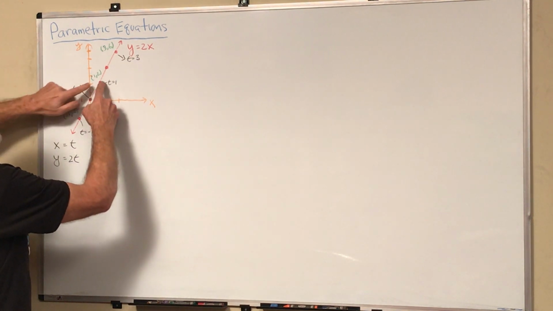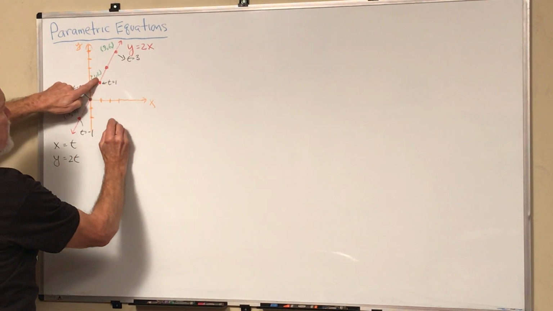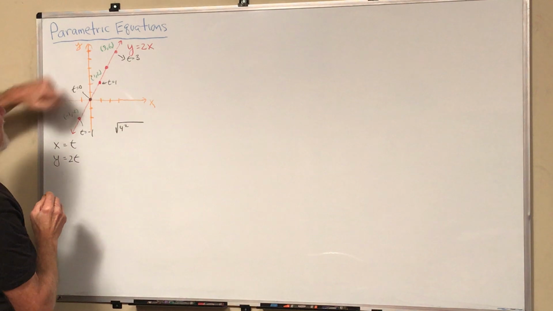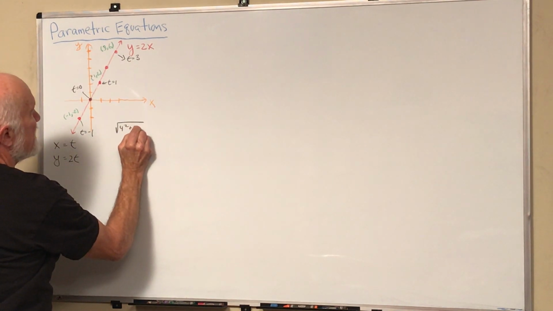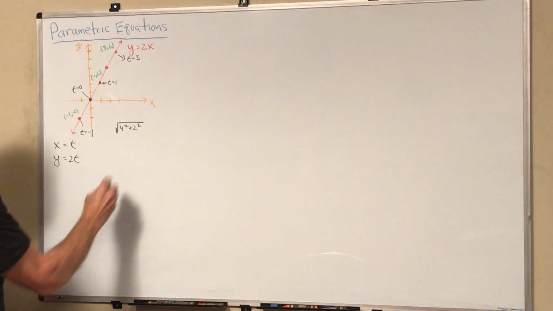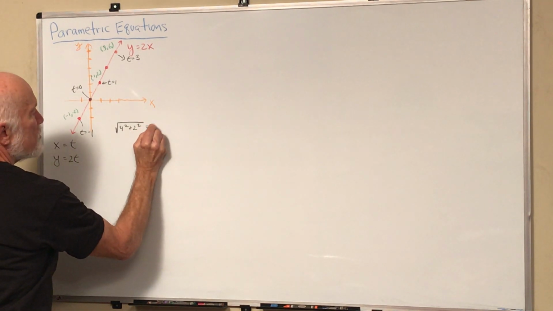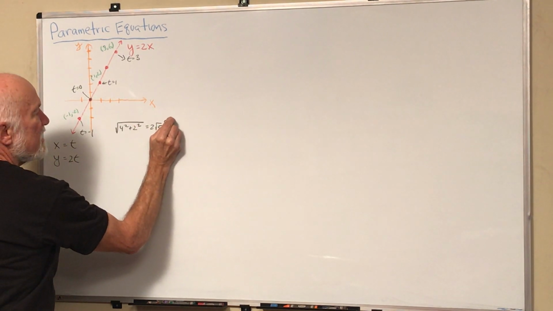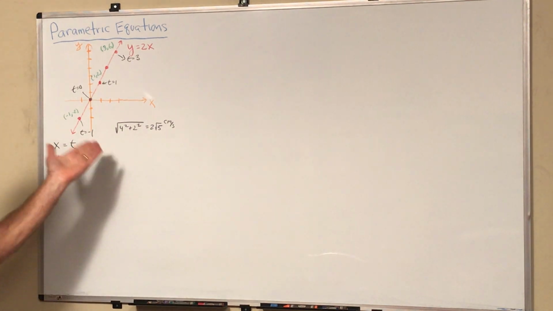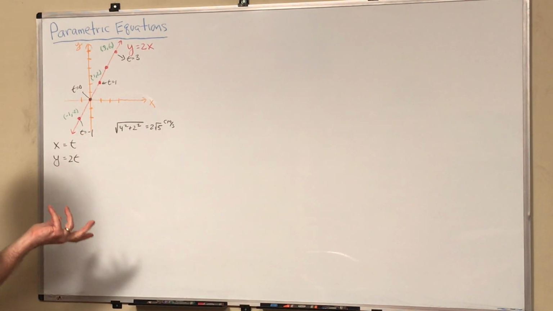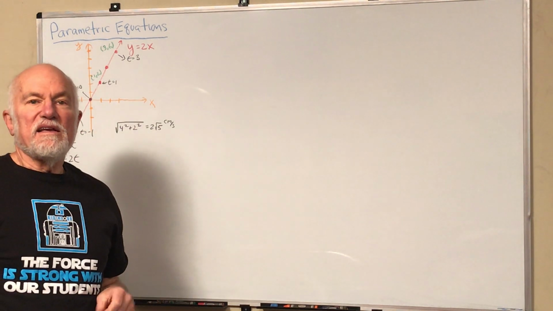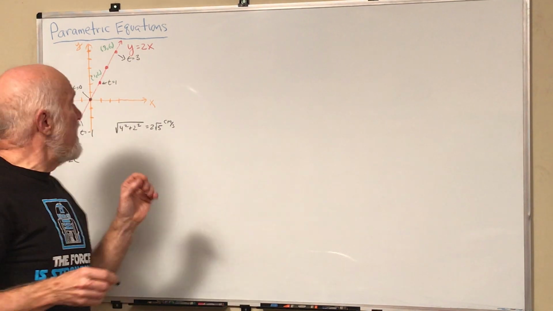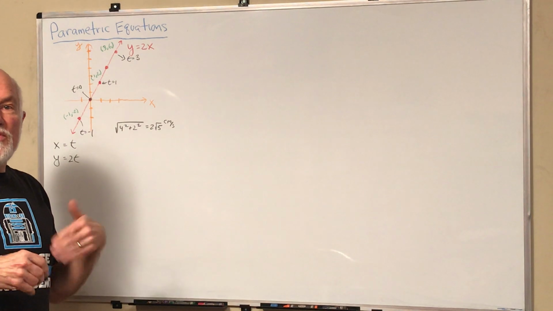If you use Pythagorean's theorem, you went from 2 to 6, so you have the square root of 4 squared, and the distance formula, or Pythagorean's theorem, the difference in the x values, so you have the square root of 20, or 2 times the square root of 5. So if the units are what I was saying, that particle would have been moving at that many centimeters per second during that time. And I think if you think ahead, if you were trying to get a rocket ship to go to some place in space, you're going to want to know something about the positions of the rocket ship at certain times.